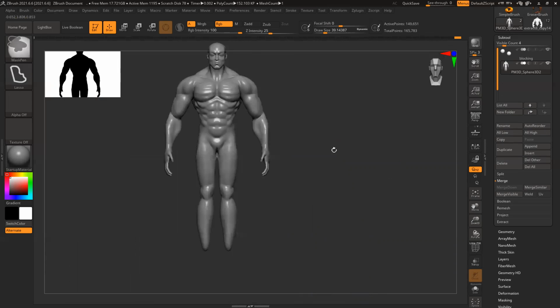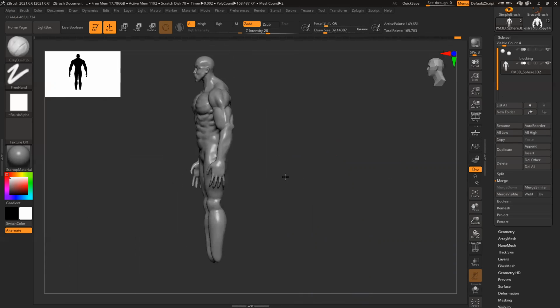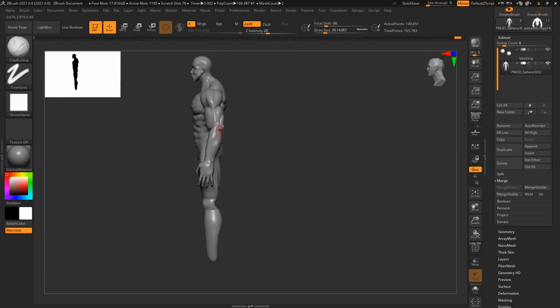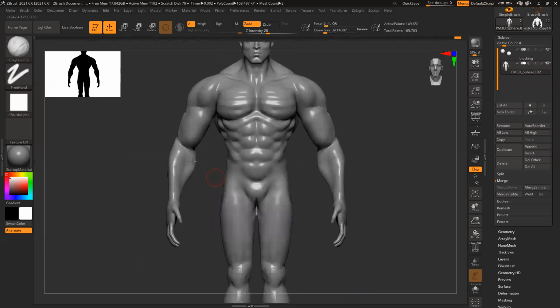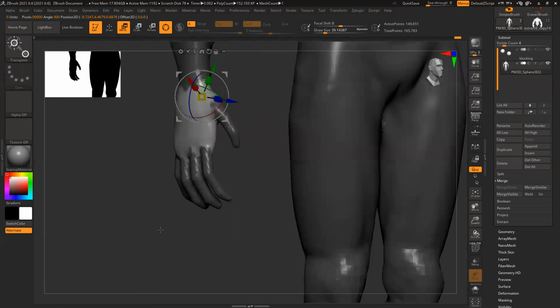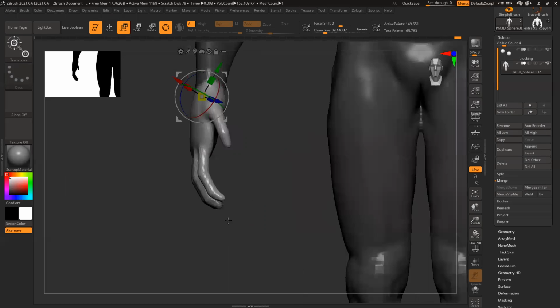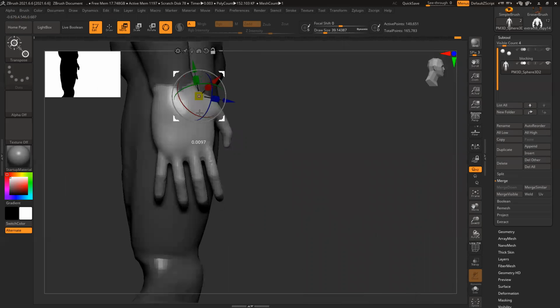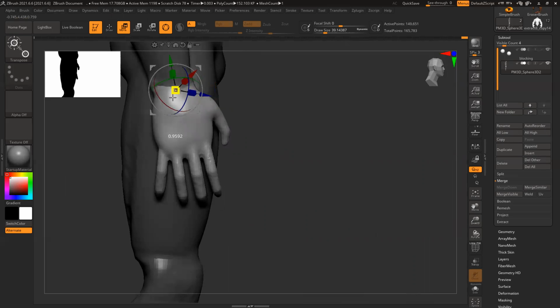And one thing I feel is the hands are a little longer. This part and this part are almost the same size, and the hand palms are a little big. Click on this, Control Alt, deselect. Soften it again, slightly resize.